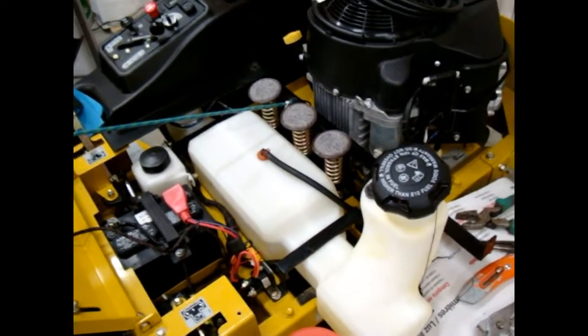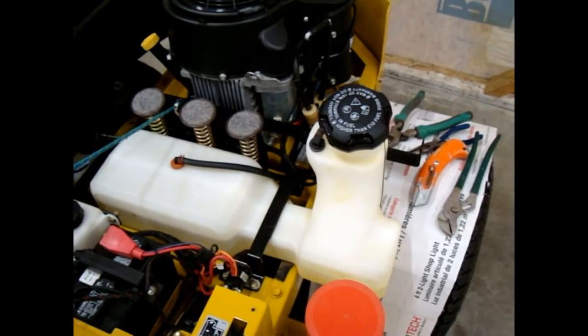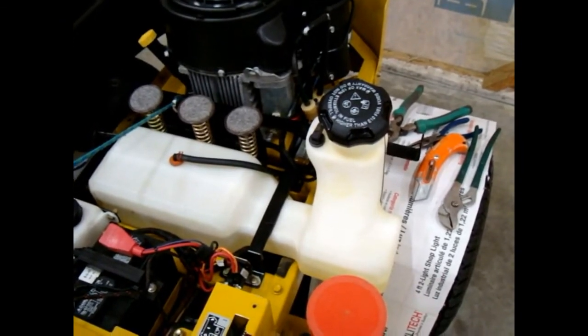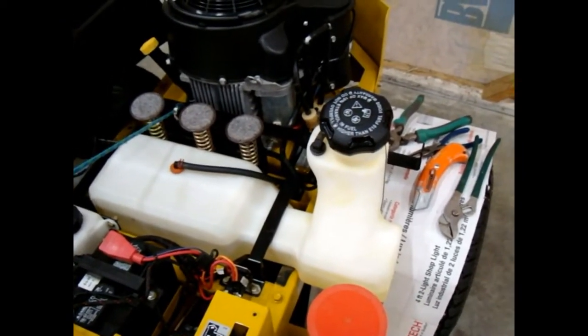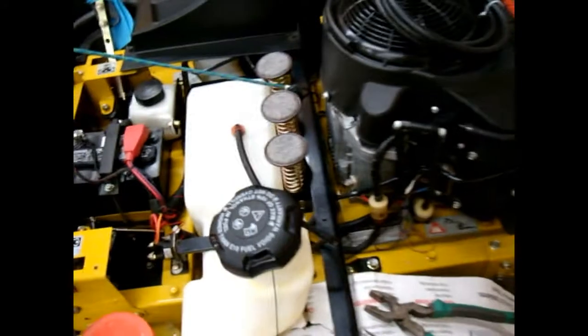We're just showing you what we have done, what we're going to try to do to give us a little more fuel capacity, a little more run time, and do not do this at home. Now, with that said, we come back over here, and as you see, we took some of these